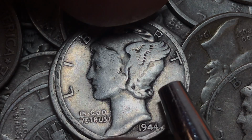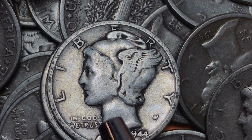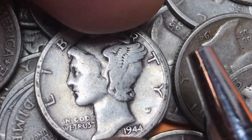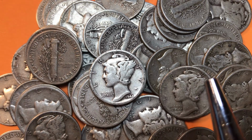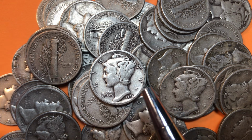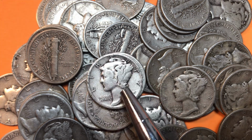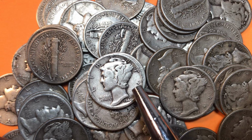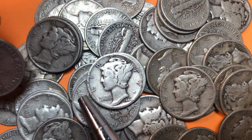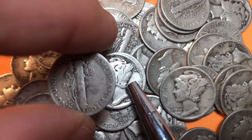In 1944, they also made these coins at San Francisco, where they made 49.5 million, and Philadelphia, where they made 231 million. So we have a bunch of other dimes here. We're going to go through these. What happened was that somebody told me that they were going to an auction, and that if they found any coins, they would buy them, and then I could buy them from them. Went to the auction, bought these coins, and I said, just make sure you don't pay too much for them, because they're not worth that much. Well, when he got to the auction, he said, I saw these and I just had to buy them. So he paid over $2